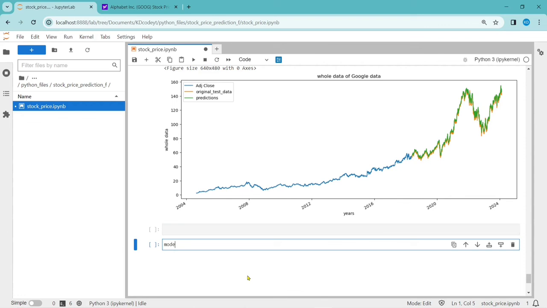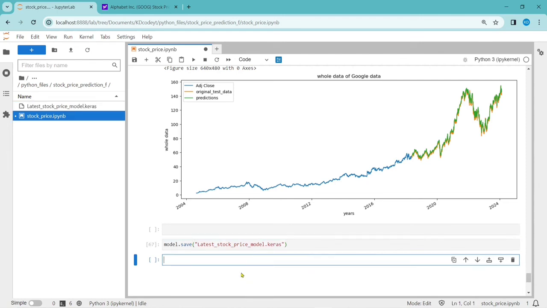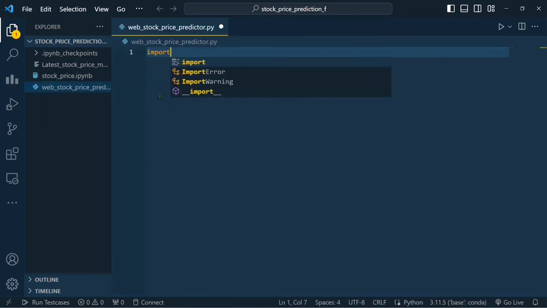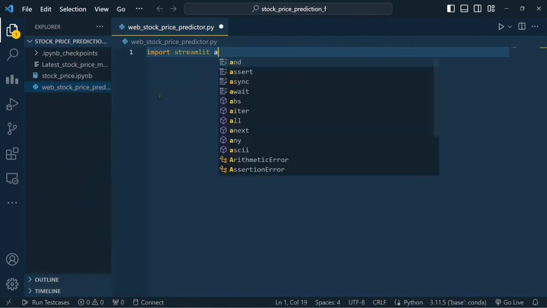Before that, I have to save this model. model dot save, latest stock price model dot keras. I'm saving it as latest stock price model dot keras. So it's created here. Let me open my VS Code to create a web app. So I have opened my VS Code here. I will be creating a file here, that is web stock price predictor dot py. Import streamlit as st,